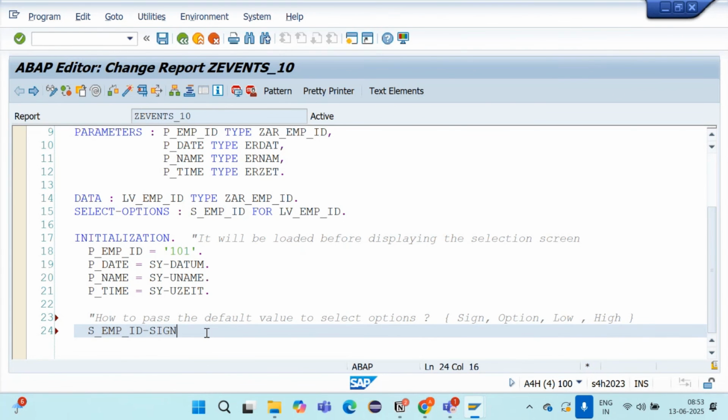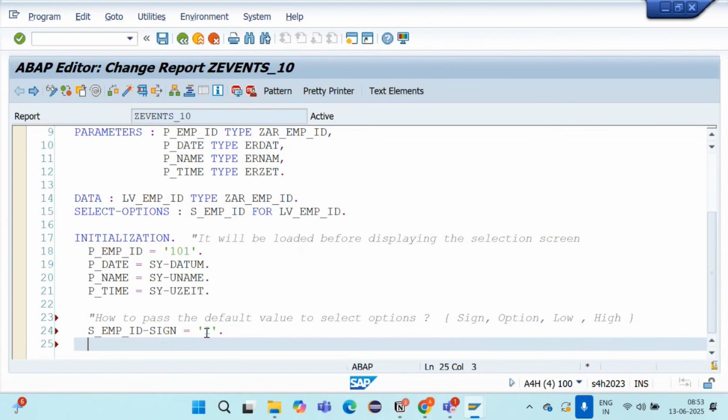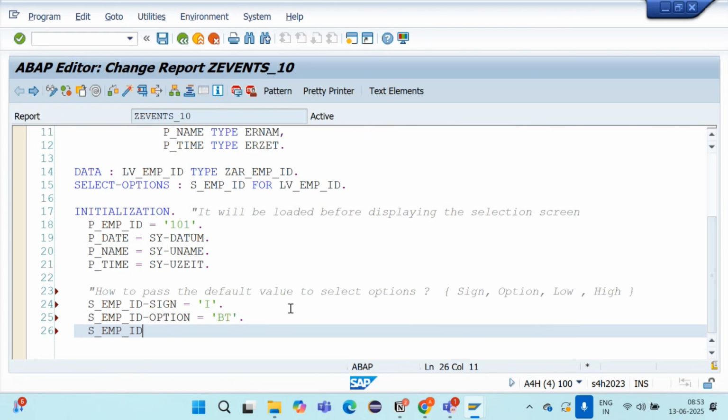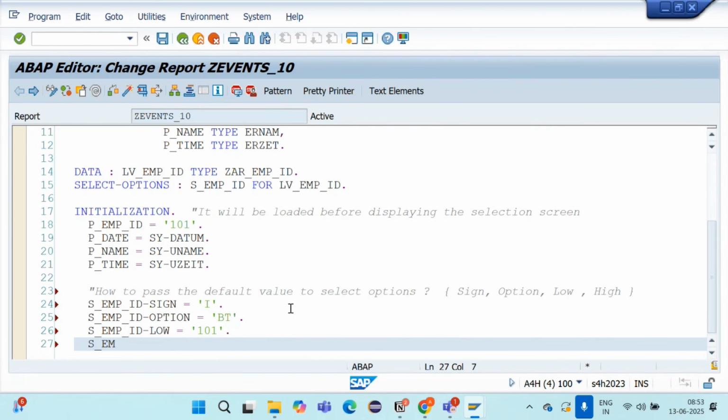Sign, we will have to pass I for include. Option, the option is equal to BT, between, and then the low and high values will come. The low is equal to, let's say, 101. High is equal to, let's say, 1110.